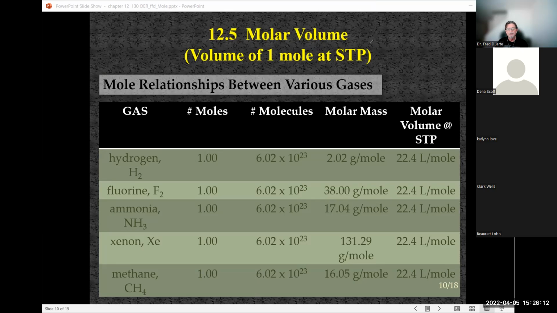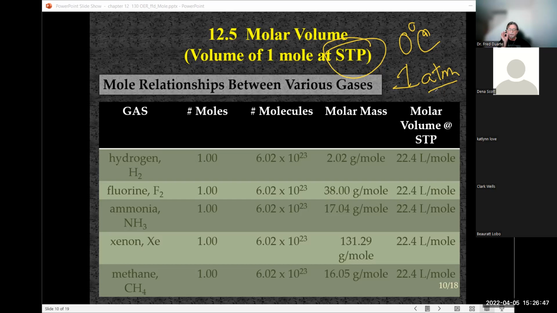STP, which is right here, okay? STP is 0 degrees Celsius and 1 atmosphere. Standard temperature is 0 degrees Celsius and 1 atmosphere pressure. We are right now at approximately 1 atmosphere pressure. If you're on top, let's say in Colorado, your atmospheric pressure would be a little bit different. And as you go down a number of feet in the water, the pressure obviously increases. So anyway,